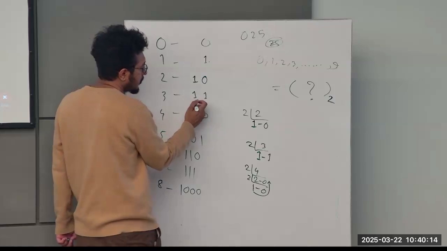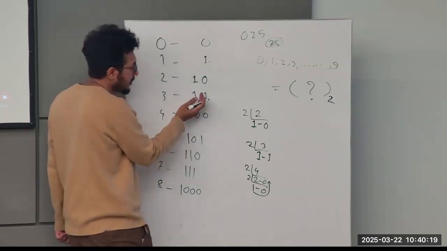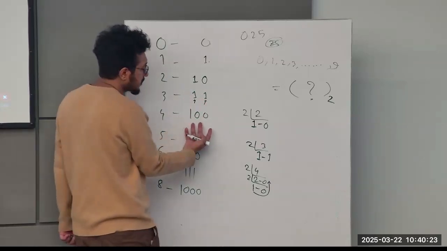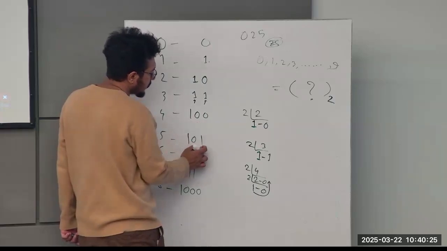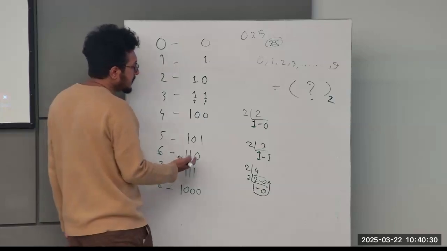Think about it. It is 1, it is 1. So there is no place we can increase. We need to extend the number of bits. Okay, now we have 3 digits. 1, 0, 0, 1, 0, 1, 1, 1, 0, 1, 1. See? This is how